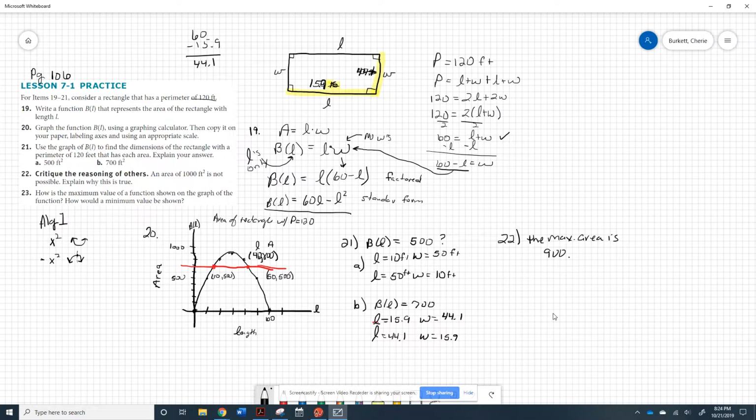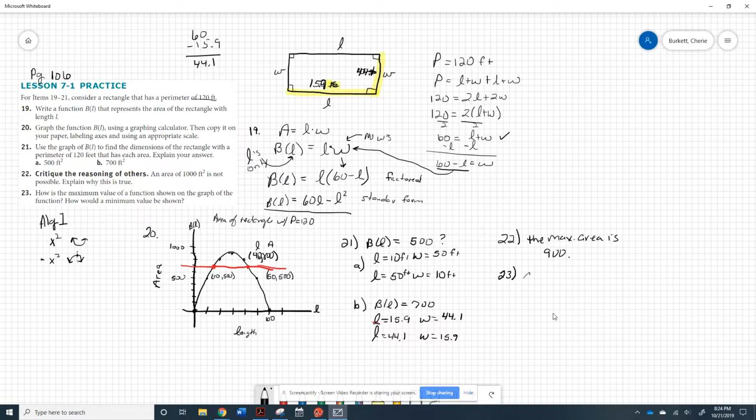Okay, so the answer to number 23 is: how is the maximum value of this function shown on the graph of the function? So how do they show it? There's lots of different ways. How would a minimum value be shown? You could say it's the highest point,